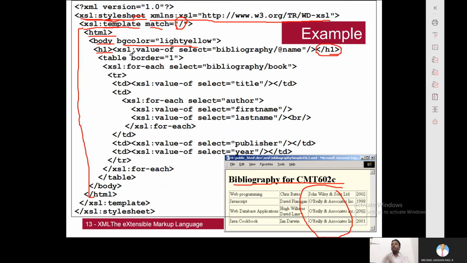How are we getting it from the XML document? By writing one more XSL tag. There's nothing but the XSL value-of tag. What is that tag? That is bibliography slash @name. So this particular text will come within H1. And then a table tag will be created, and within the table tag